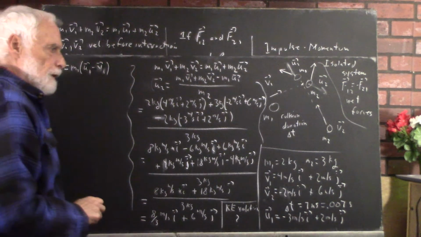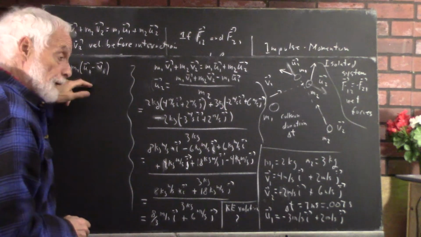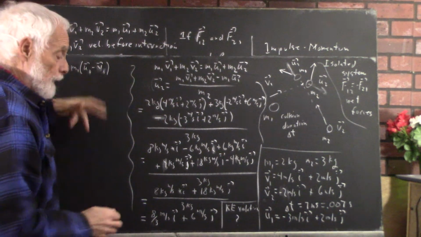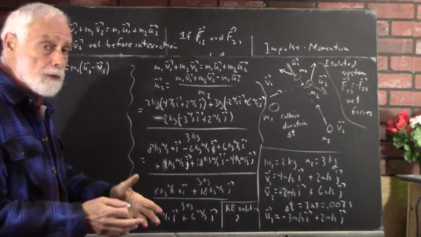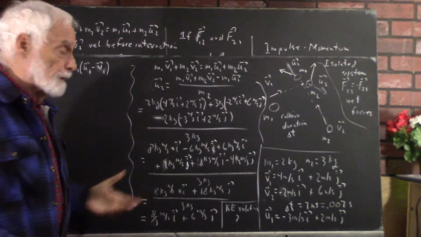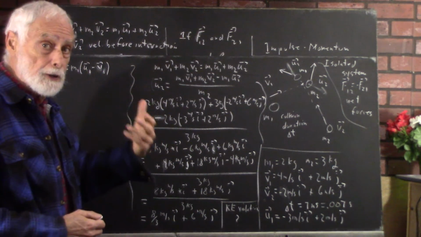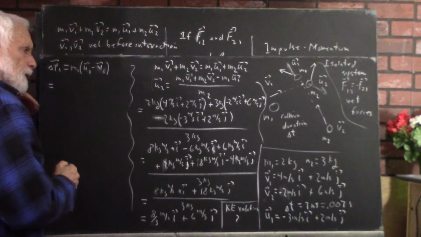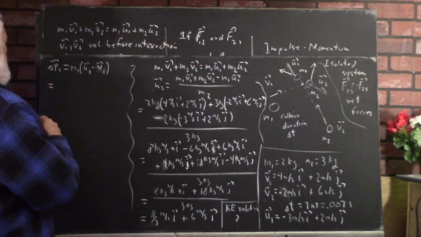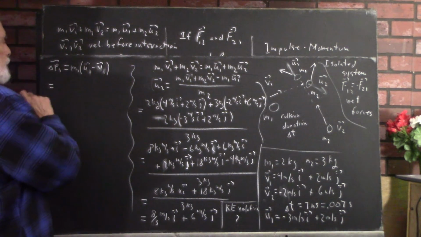Now if I wanted to calculate the force, I could go ahead and put my delta T down here, and I'd get the force. I'm going to calculate the change in momentum, and then I'm going to calculate the force, for no good reason particularly. If you're trying to be efficient, you probably want to combine things, and you gain insight doing that. But I'm going to do it this way anyway, because we're going to look at one concept at a time. Okay, so delta P1 equals this, which is